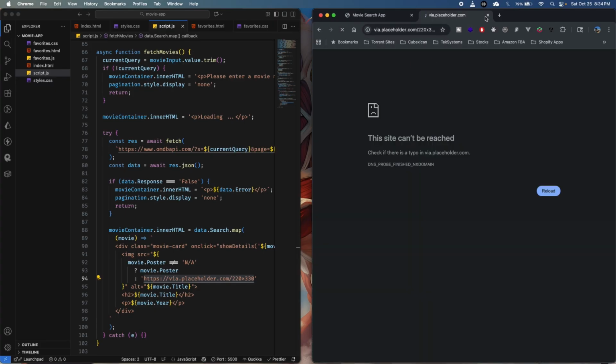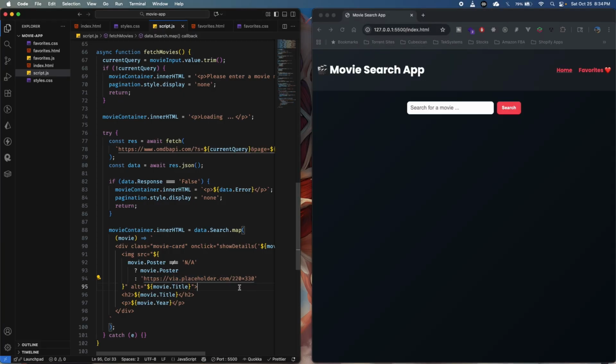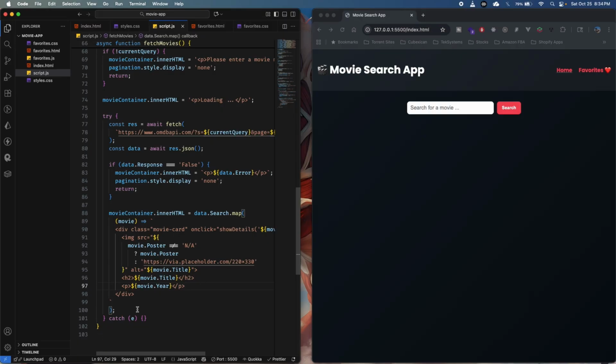Okay, so yeah, this is not working. Maybe I can just set it later. But basically what this means is if there is not any image, then show me a placeholder that is going to have a width and a height that is going to be 220 by 330 in this case. And then for the alt, we want to have the movie title, and then we are going to be showing the H2 for the movie title, and then on the P tag we are going to be showing the year. Okay, so yeah, and after this we are going to join everything,